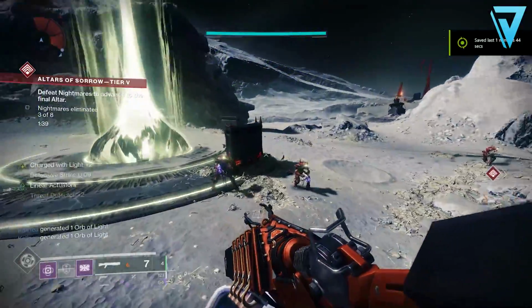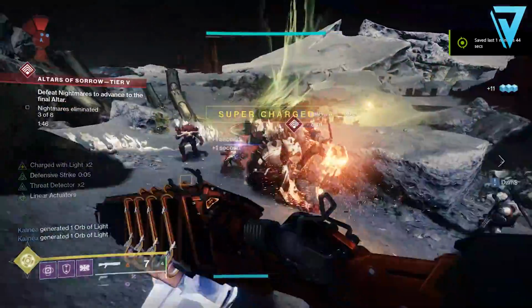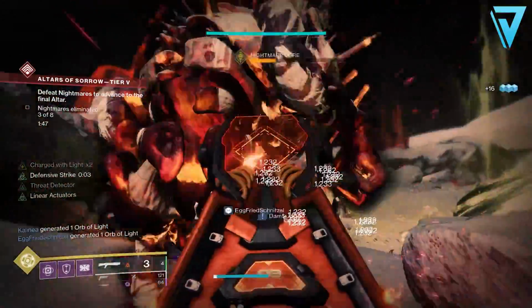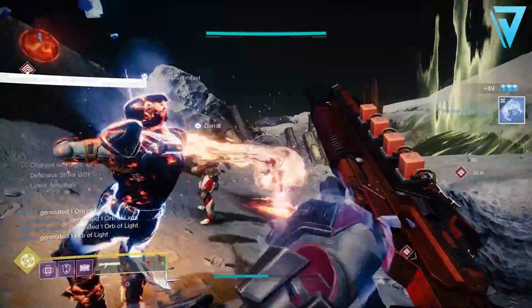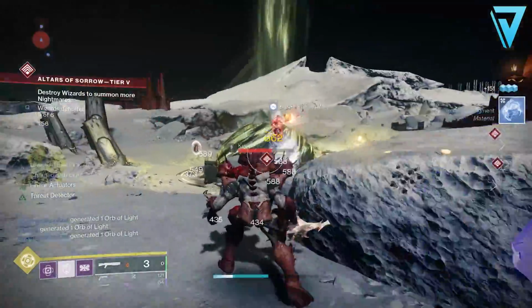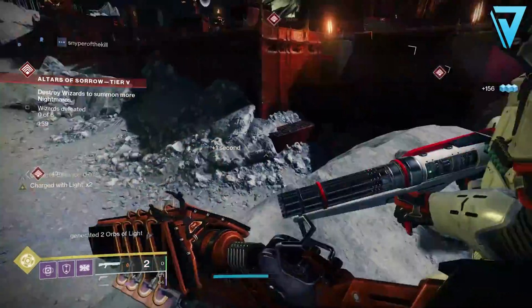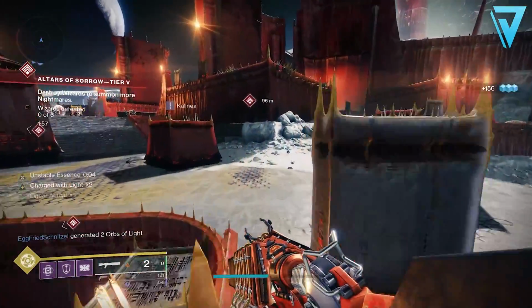Now with the launch of Season of Arrivals, we got another opportunity to gain access to the Ikelos weapons. These were originally part of the Escalation Protocol over on Mars, but with that being added to the Destiny content vault this November, we now have another opportunity to go after the SMG, shotgun and sniper rifle. In this video today, we're taking a look at the shotgun, the Ikelos SG